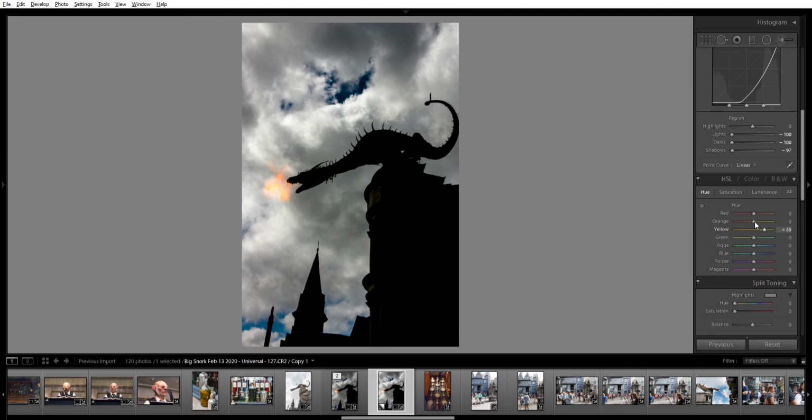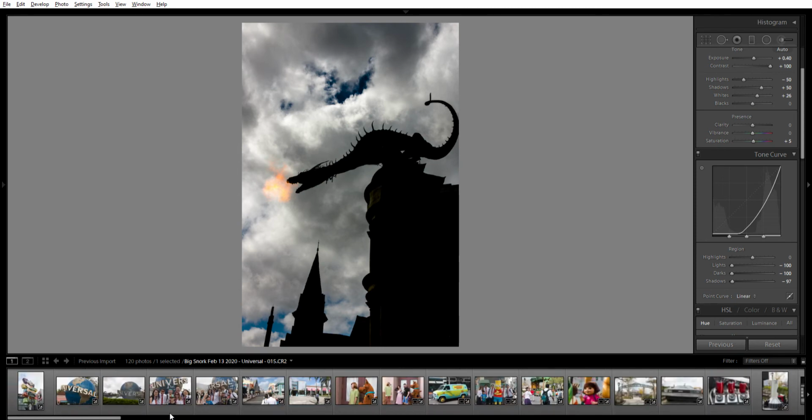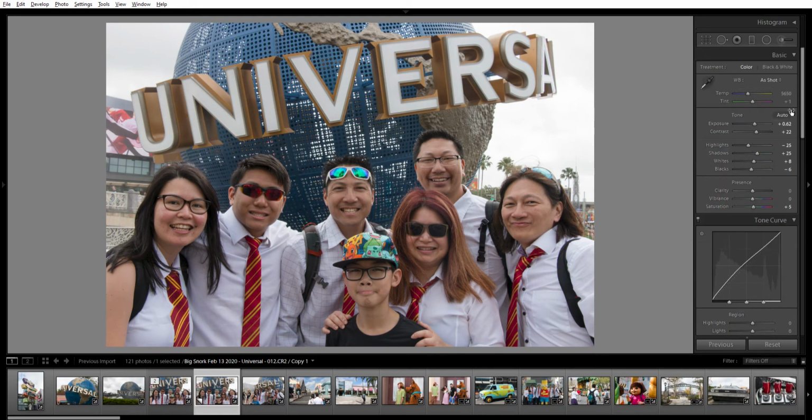So there's a lot that you can play with, but then it looks a little bit unrealistic in some ways because it's a little bit strange. So the magic is this thing. This tone curve does a lot of the magic for you. When I did some other pictures, let's see if I can find a good example. Even this one, I'm going to make a virtual copy so I don't ruin the original. If I go back and zero all these things,